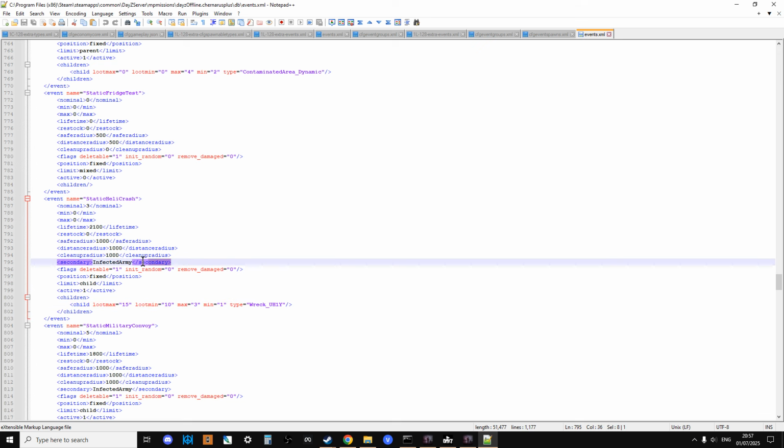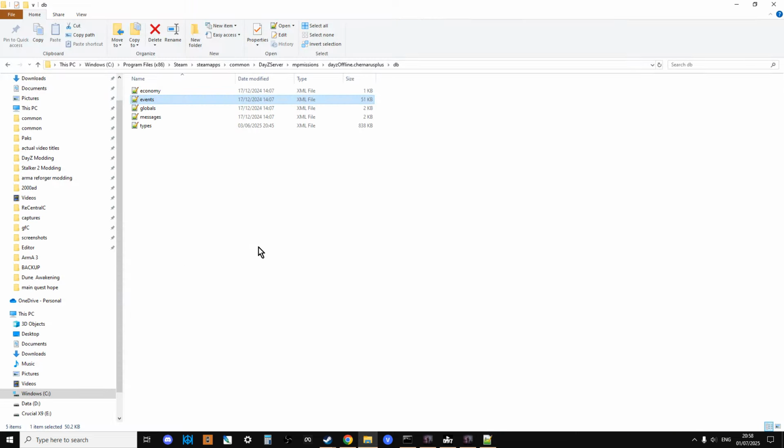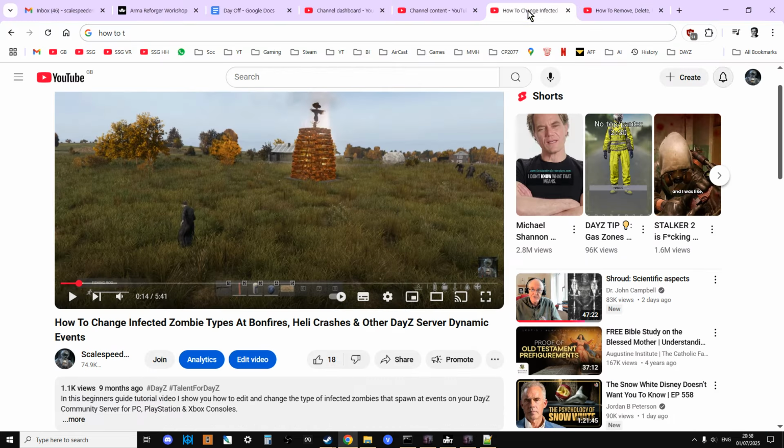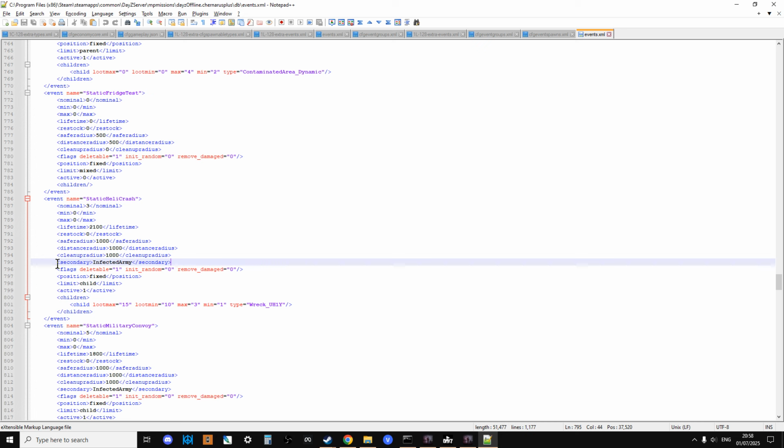But the secondary is infected army, and that's the type of zombies that are going to spawn in, or infected. And so if you want to know how to change it, again, I'll refer you back to that video. But if we just want to get rid of them, the safest way to do it is just to remark